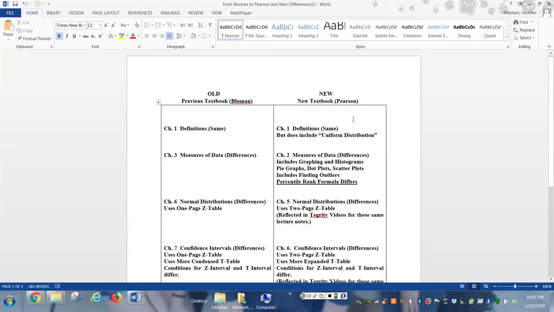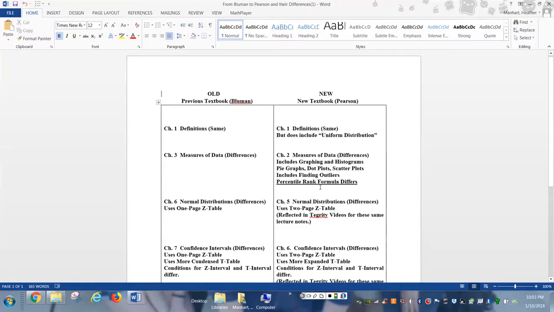Pearson mentions a uniform distribution, and we're going to talk about it in class, and I talk about it in the YouTube video. But in the hard copy of the notes, you will not be able to see uniform distribution if you're following the old notes from Blooming. Chapter 3 is all about measures of data. Chapter 2 in Pearson is measures of data.